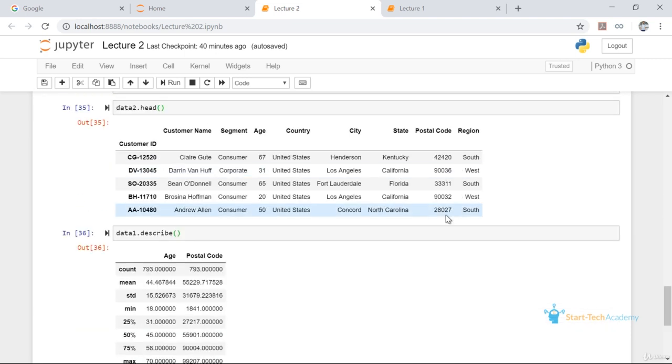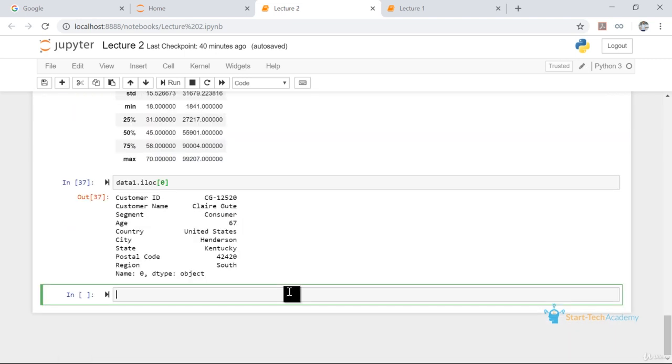If we want to use the index column which we defined while creating our data frame, we have to use loc. And in the bracket, if we write the customer ID CG-12520, in data2 we defined our index column as customer ID.